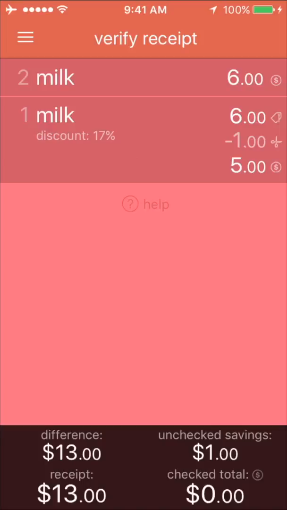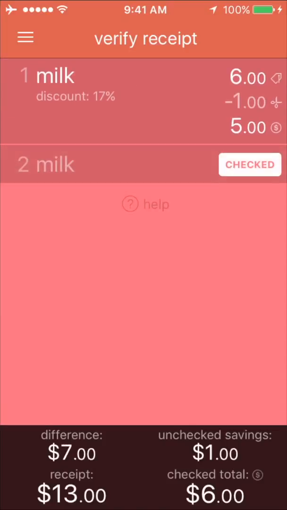Now we start to confirm all items that were charged correctly. Tapping on the Verify Receipt writing, we can order them alphabetically. If I wasn't so dumb to add all items with the same name, you could notice. But trust me, it works. Okay, every time a product price is correct, tap on its name. A checked label will appear and some data in the bottom bar are updated.